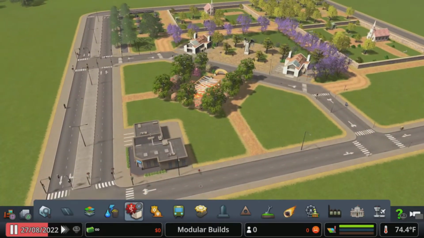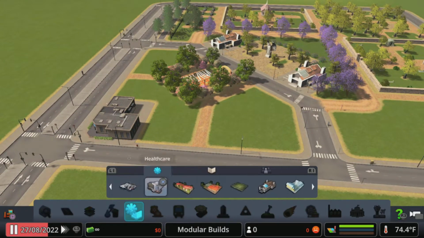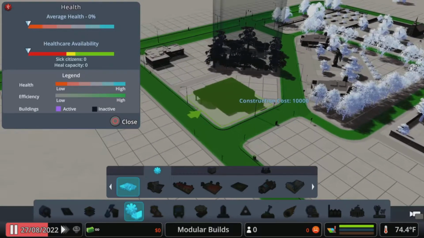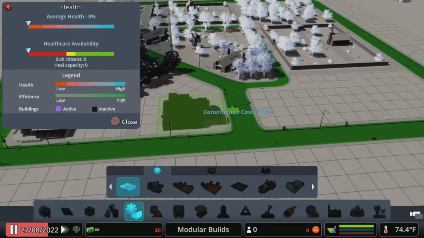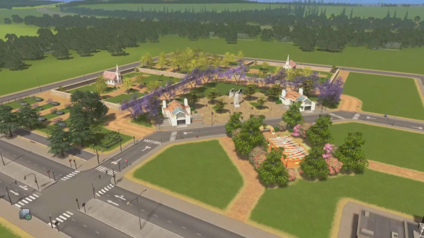I know it seems maybe a little strange to put this here, but you could also put a medical center on the corner if you wanted to. Probably not a very grim report if the medical center is right next to the graveyard. Hopefully they're not the ones filling it. But